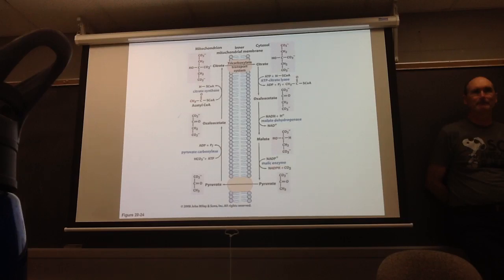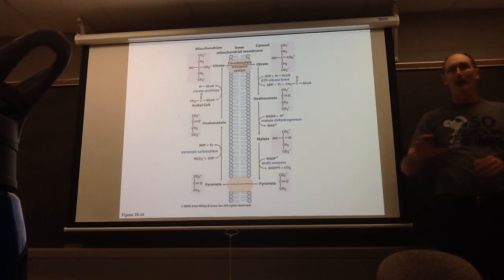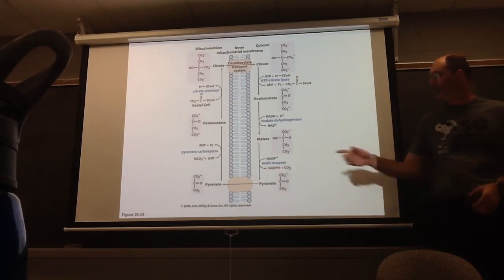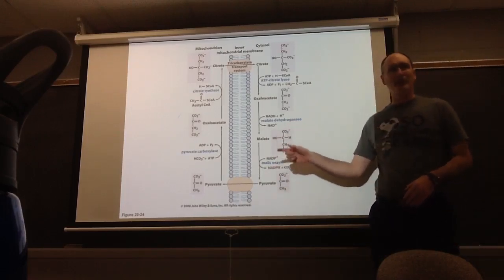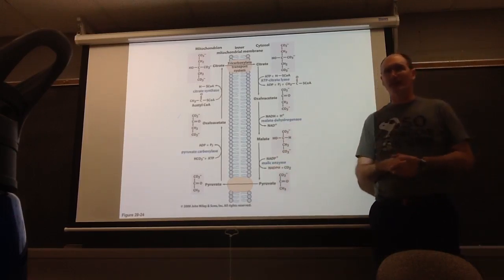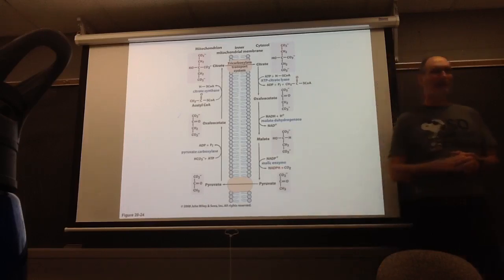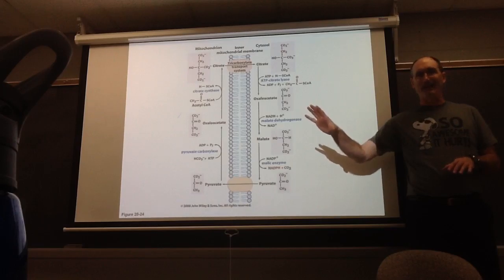Enzymes recognize one or the other, so it creates really two distinct pools of reducing equivalents. One whose intent is to make ATP, NADH, the other one that's used in biosynthetic reactions. So those two pools are independently controlled. This is one of the few places where we see this kind of interconversion. And there's a couple of other places, but for the most part, enzymes that use NAD don't use